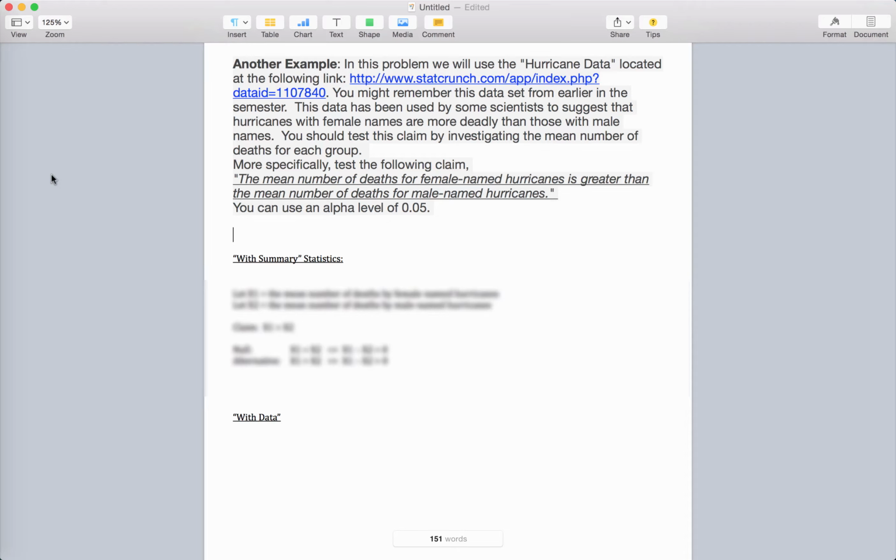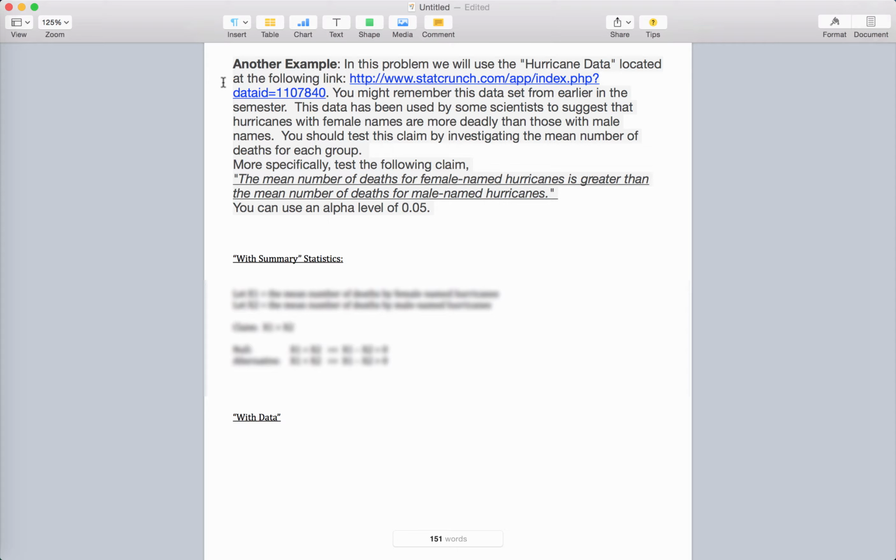In this video, I will be going over a two-sample t-test. We've seen this data before. It's located right here at this link. This is the hurricane data, and you might remember that earlier in the course we had mentioned that there are